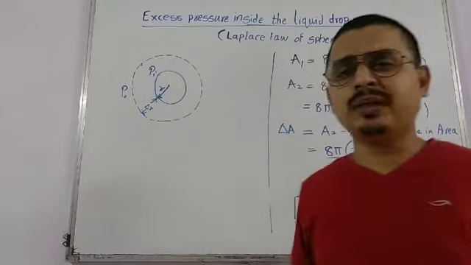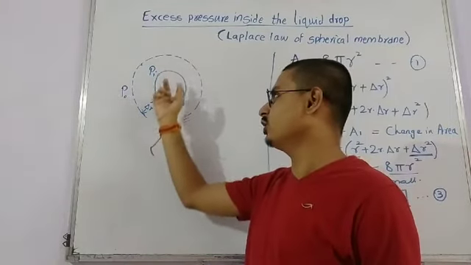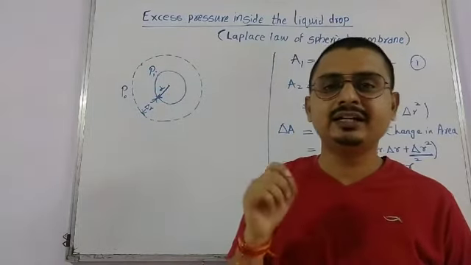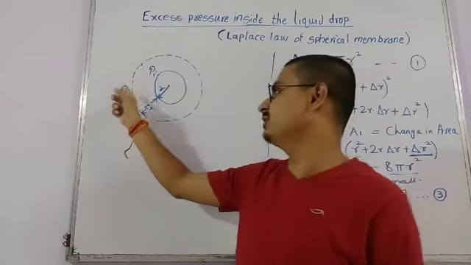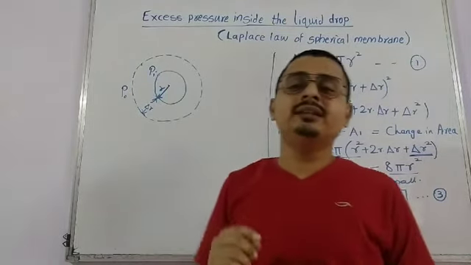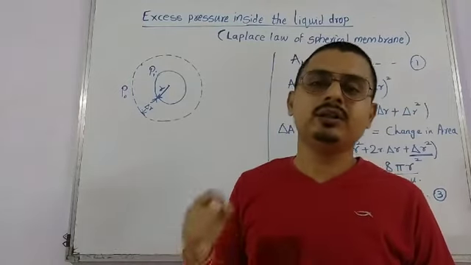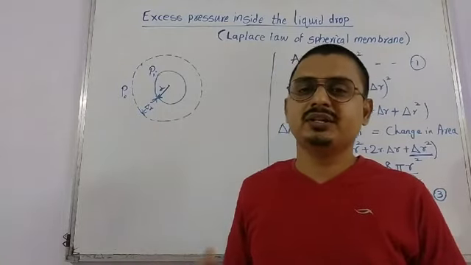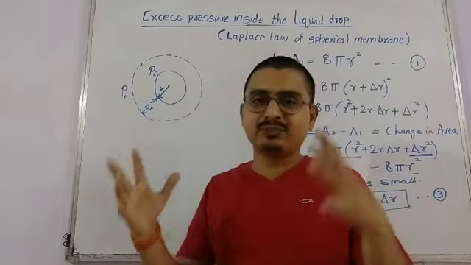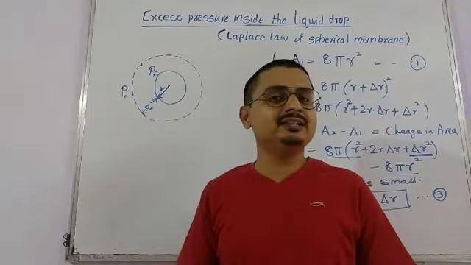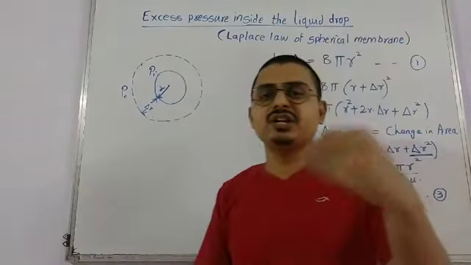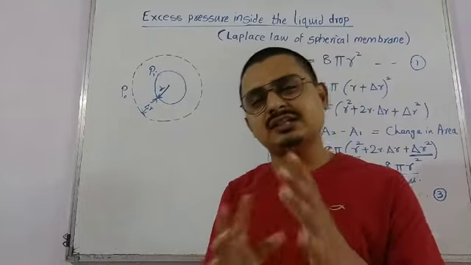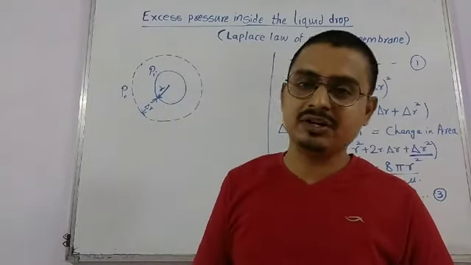So let us assume that a small water drop, liquid drop, which has radius r and which has internal pressure Pi and external pressure P0. So when the pressure inside the drop or the bubble is greater than the outside, there must be an expansion, because of which that drop or bubble gets expanded. So when it expands, let us assume that delta R is the change in the radius of the drop or bubble. So initially we just consider the drop, then at a later stage we will consider the soap bubble.